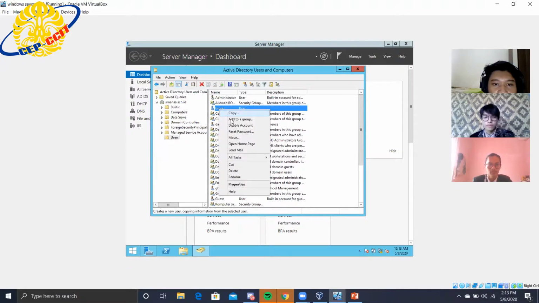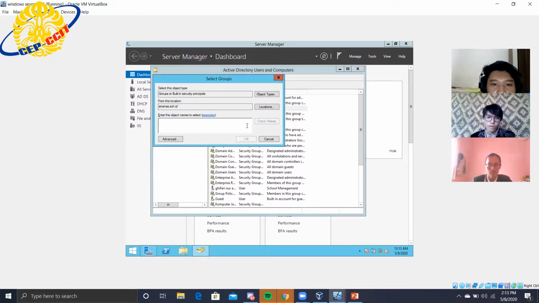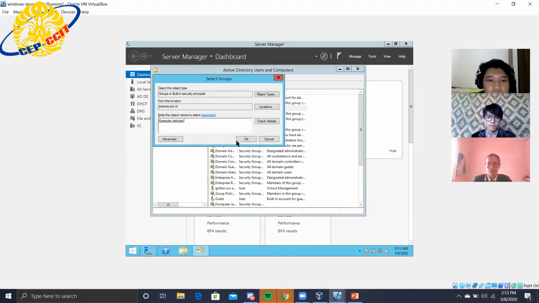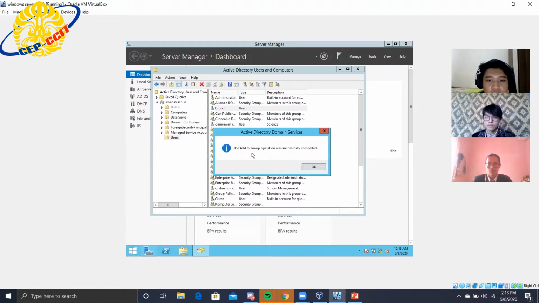Right-click on the user, add to a group, and advanced. Find now, select the group. Okay. The user has been successfully added to the group.